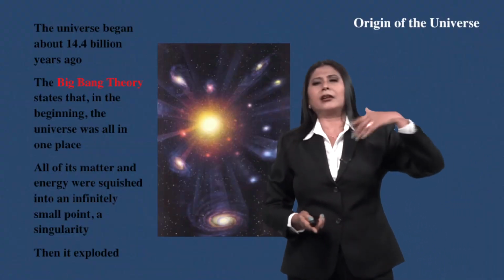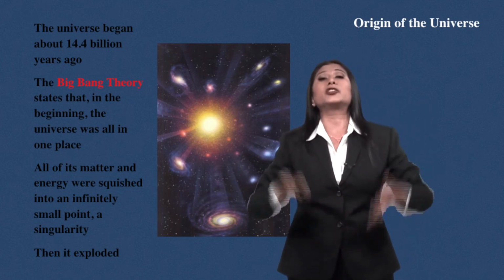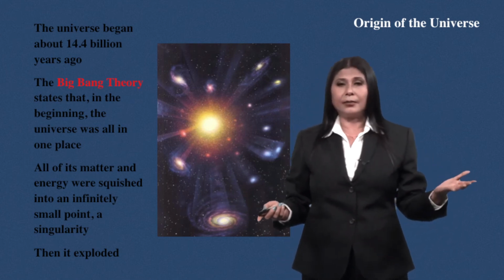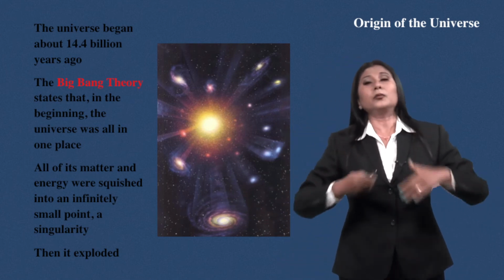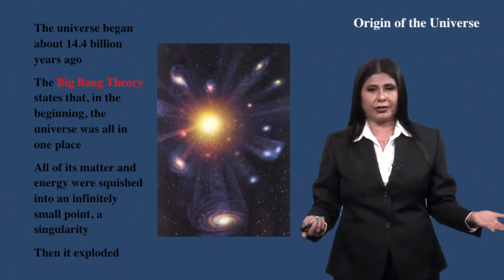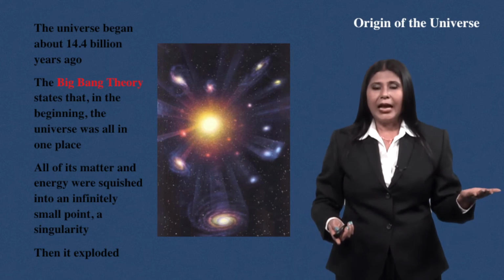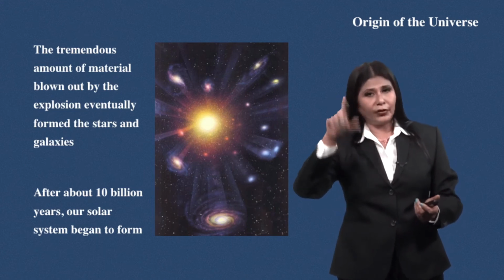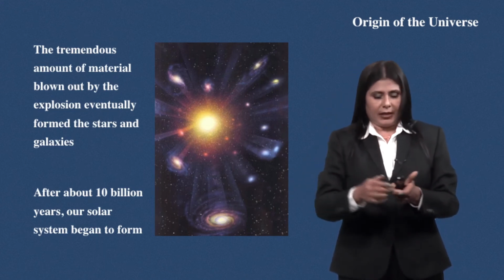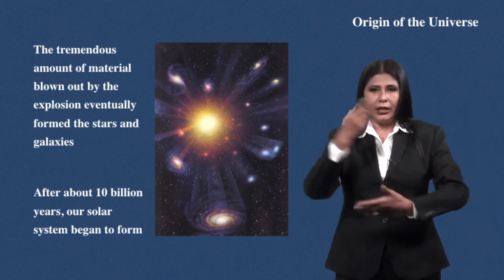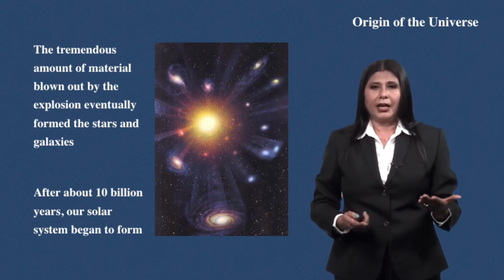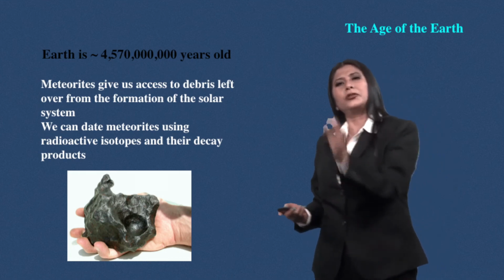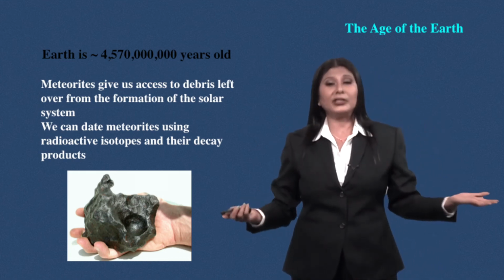So, with the Big Bang it started 14.4 billion years ago. Our universe took its birth, then came our galaxy, Milky Way, sun, planets, finally earth, 4.6 billion years ago, and from that day till today the earth is cooling. It took 1 billion years for it to form the crust, and slowly the interior of the earth has changed in due course of time. The actual age is 4.57 billion years, which we can shortly say 4.6 billion years old.